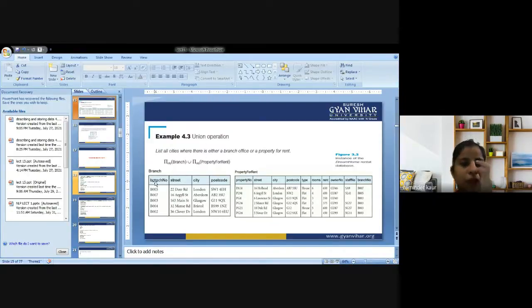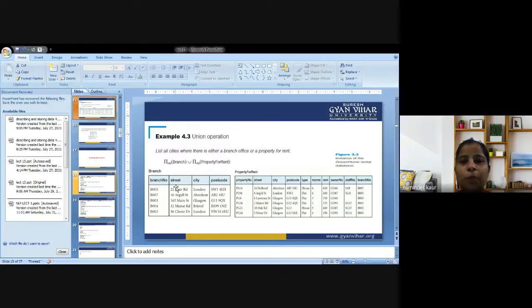There is a branch table with attributes like branch number, street, city, postcode, and various entries for those attributes. In addition, there is a property for rent table with attributes like property number, street, city, postcode, type, rooms, rent, owner number, staff number, branch number, and various tuples satisfying these attributes.